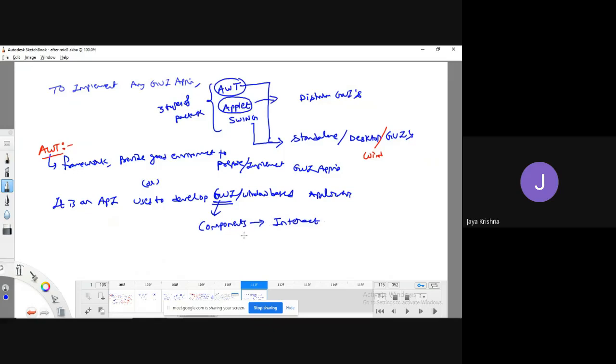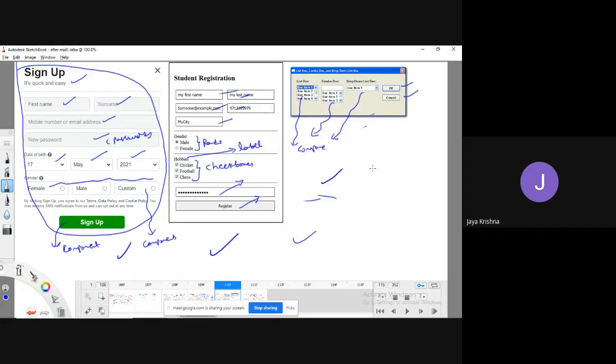What are the various kinds of components that we may have? If you observe the various components used to interact with our system, we can have a text box, am I right or not? Can I have a text area? Yes.